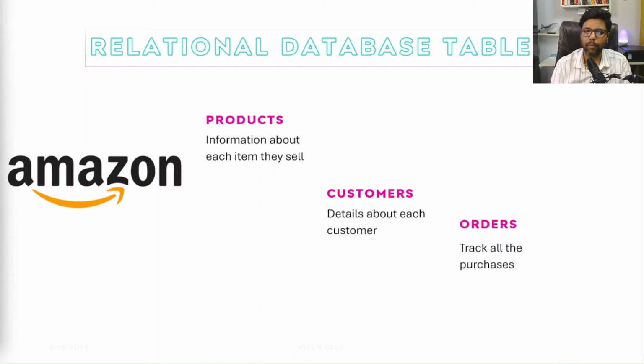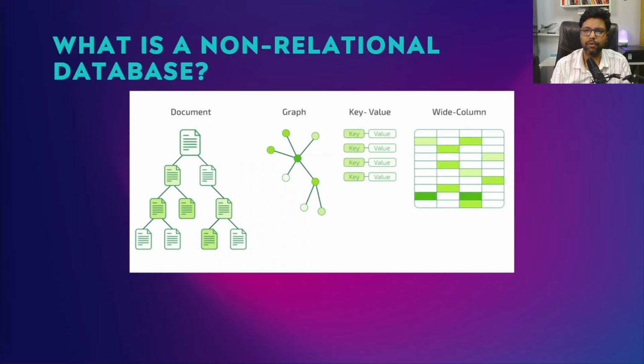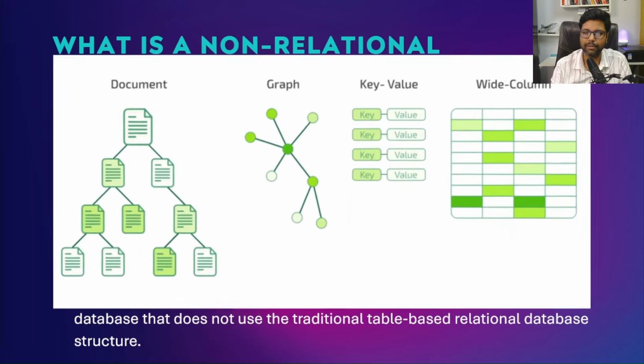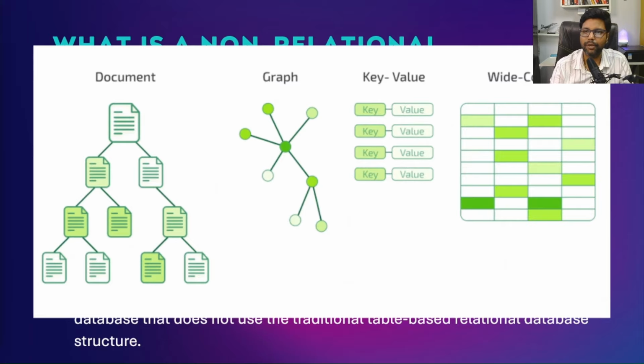Now let's talk about NoSQL databases, which are also known as non-relational databases. NoSQL stands for not only SQL. These databases are basically designed to handle large volumes of unstructured or semi-structured data. They have gained popularity in recent years due to their flexibility and scalability. Right? There are mainly four types of NoSQL databases, and we are going to see all these four different types